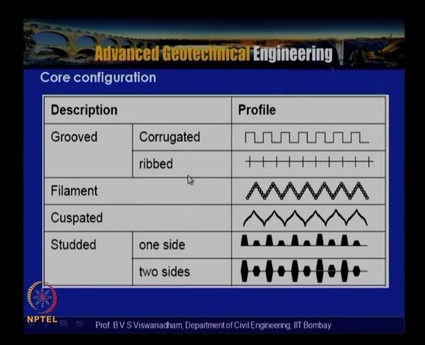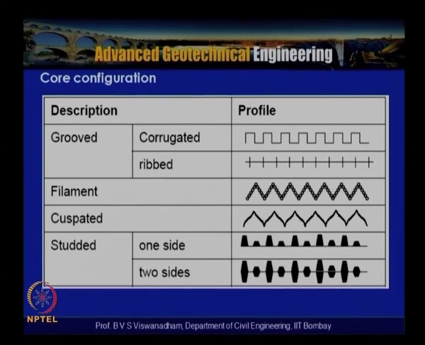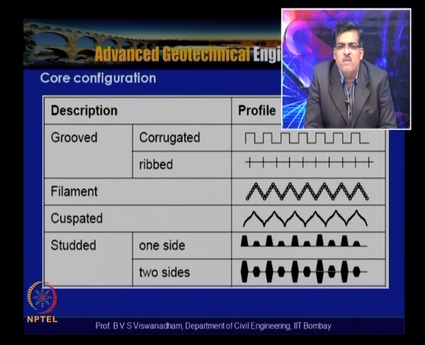Whatever the core configuration may be, under pressure it has to be ensured that the drain will not sacrifice its discharge capacity. Depending upon the permeability of the soil, the discharge capacity of the drain will be selected. So if we have a core which is prone to collapse because of the lateral stress, then it is going to affect the performance of these PVDs.